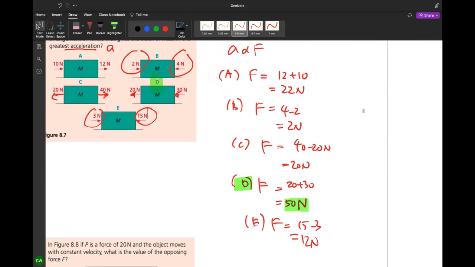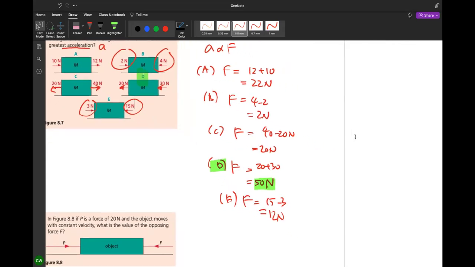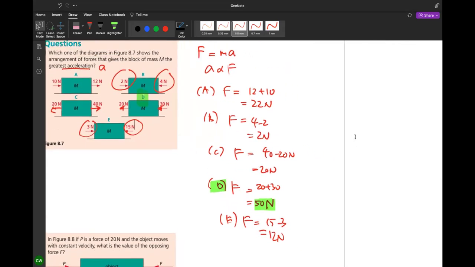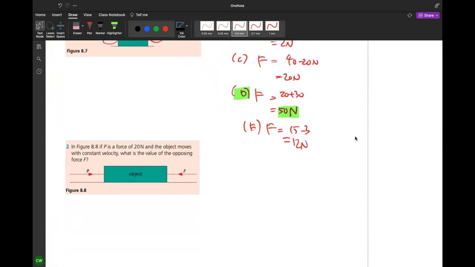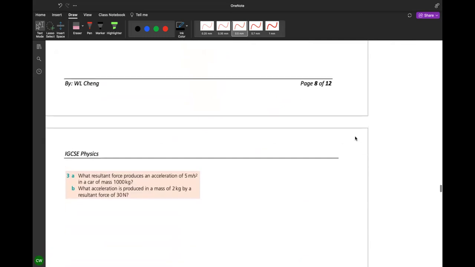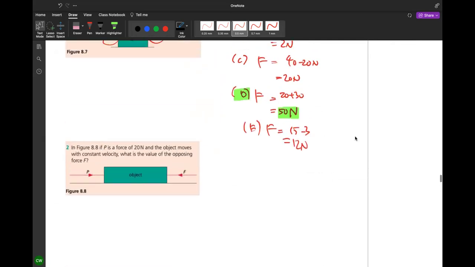So this is the answer. You get the idea? 找出来，看谁最大，就是答案了。Okay, you can try to do number 2 by yourself. 这个怎么做？